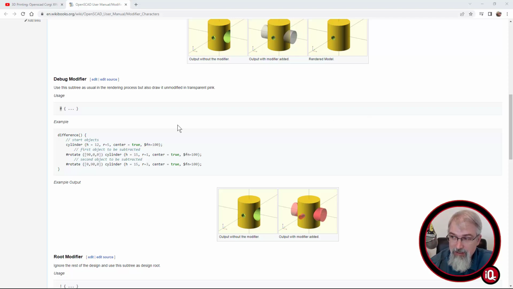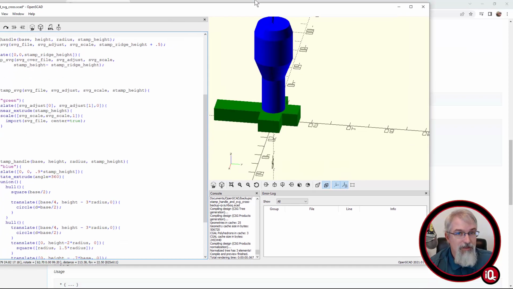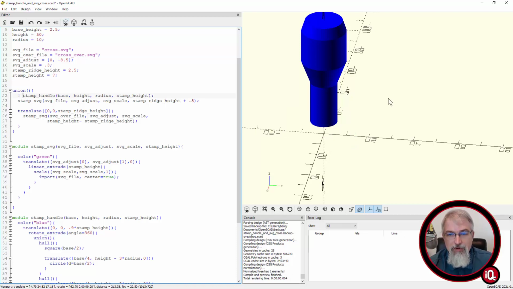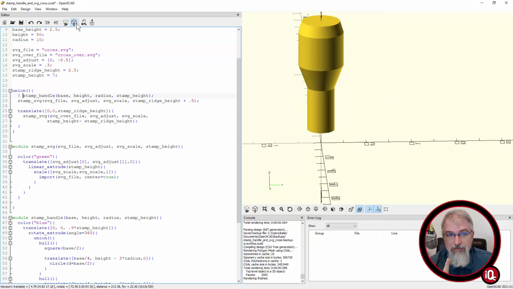The next one is really good. It's ignore the rest of the design. I could see using this one too. So what you can do is come into a part of your design, like let's say I want to focus on that stamp. There's an issue with the stamp and I want to focus on it and wipe everything out. I can just put an exclamation point in front of it and boom, everything's gone,